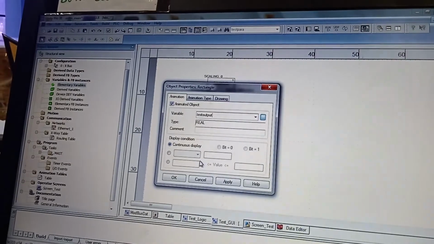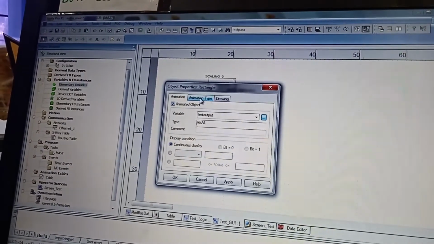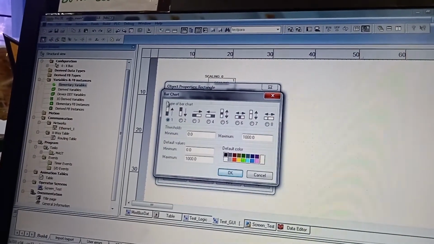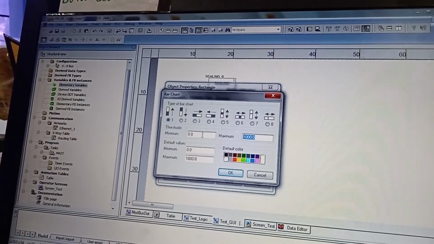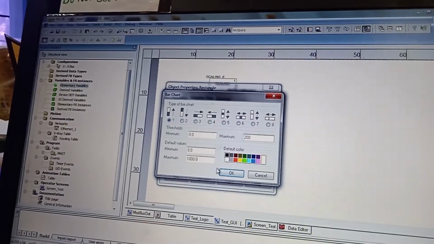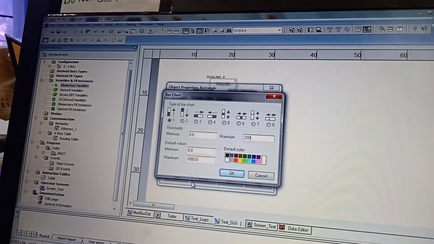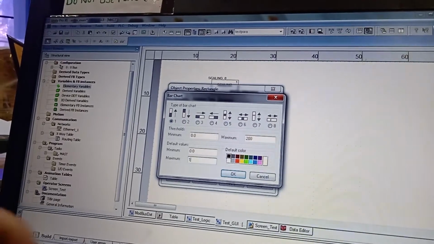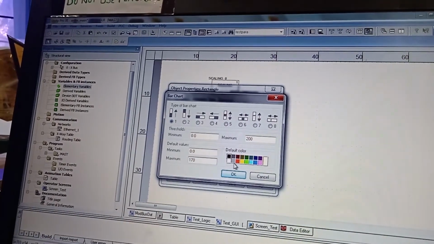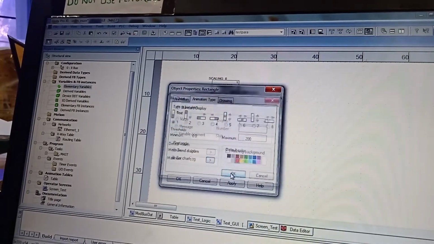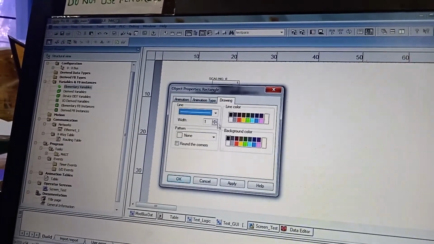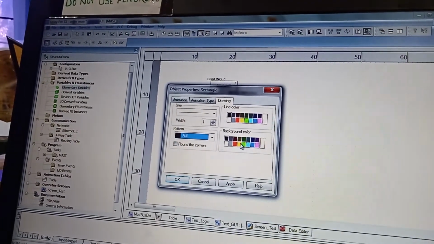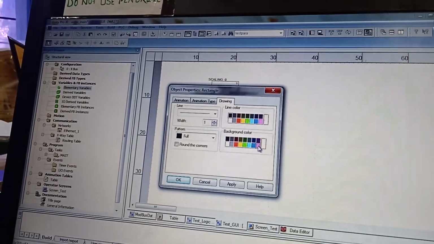Okay, so animation type, as I told you, it should be bar graph indicator. So it is up down like this. So if you see there, the maximum value will be mapped as 200. So I have given 200, and after 170 it will give a red alert. So I have defined like this, and this thing I will fill with one color, say it is pink color.